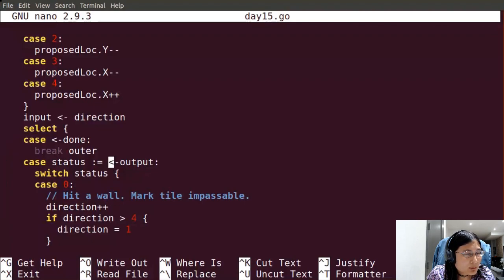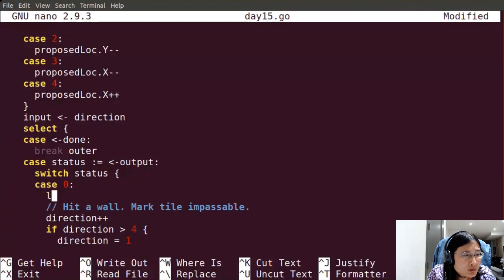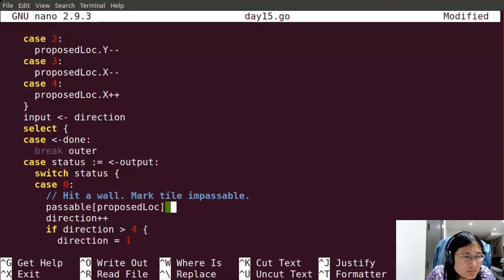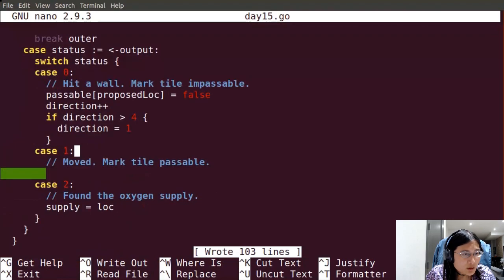So in theory, the program should never terminate unless I explicitly ask it to, but we never know. Okay. All right, explicitly set it as false.